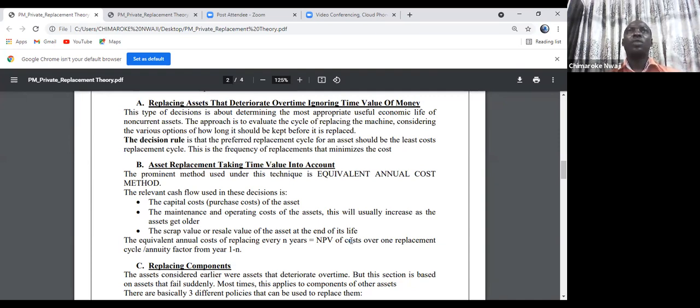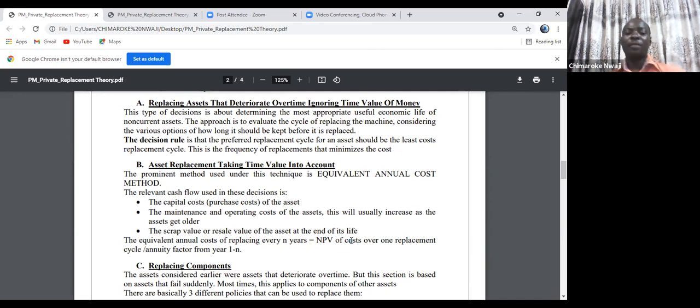It means for you to use that asset, you must be running it, you must be maintaining it, you must be repairing it. So what are those costs? These costs will usually increase as the asset gets older. Then we're also going to consider the scrap value or resale value of the asset at the end of its life. So what we're basically going to do is at each replacement cycle, we're going to consider the scrap value